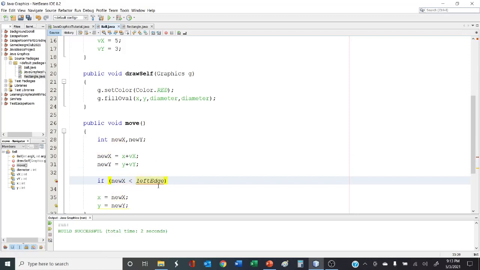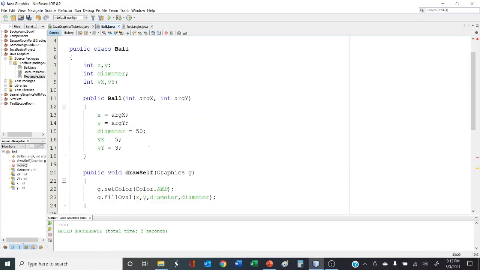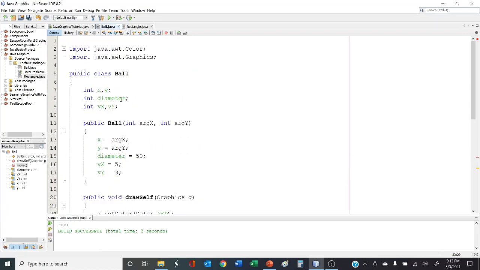Now you notice this is underlined in red. The reason why is because this ball doesn't know what the left edge or the right edge of the screen is. So we need to pass it in. So what we're going to do is we're going to change our constructor. We're not only going to pass in the position of the ball, but we're also going to pass in the left and right edge of the screen,